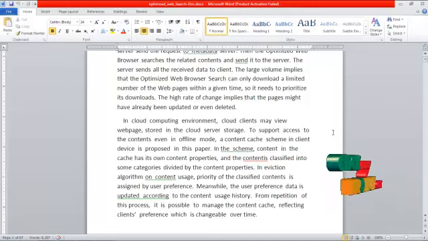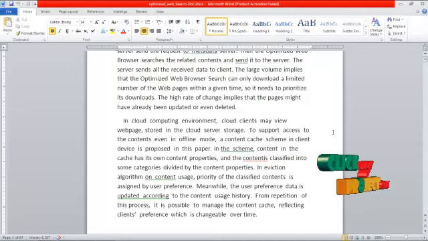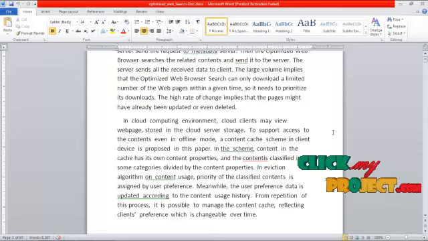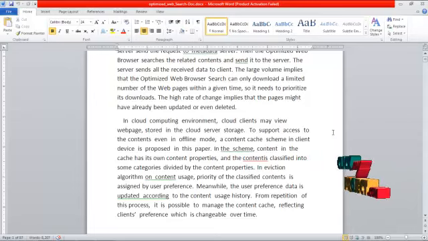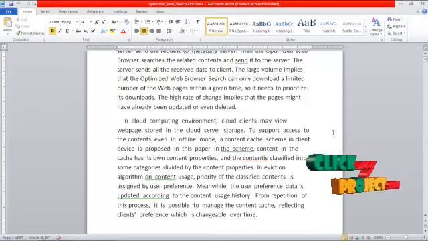In the eviction algorithm on content usage, the priority of classified content is assigned by user preference. Meanwhile, the user preference data is updated according to the content usage history. From repetition of this process, it is possible to manage the content cache reflecting client preference, which is changeable over time.